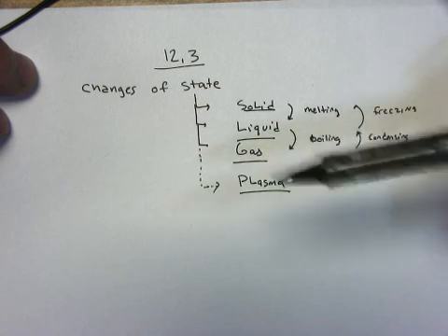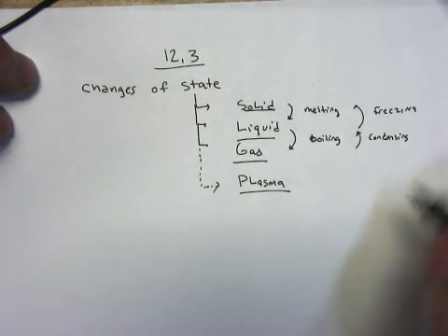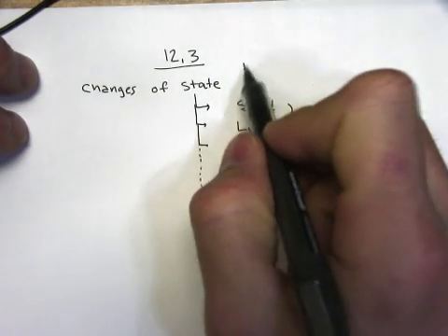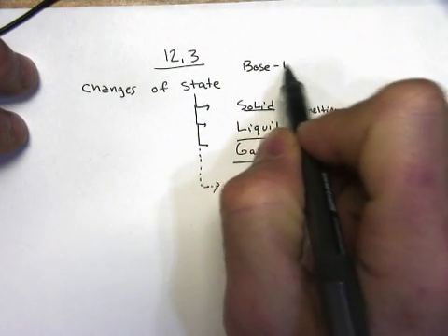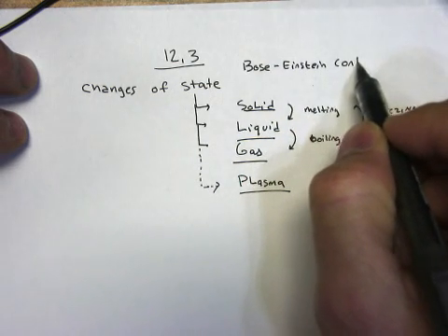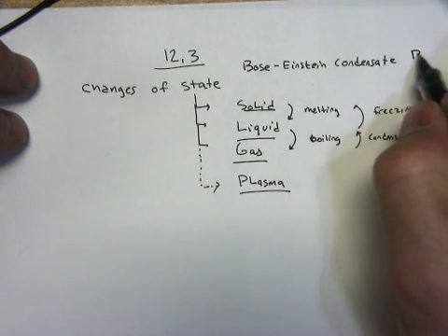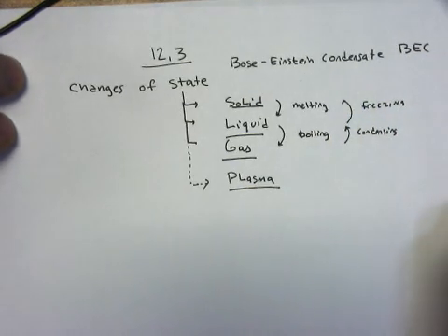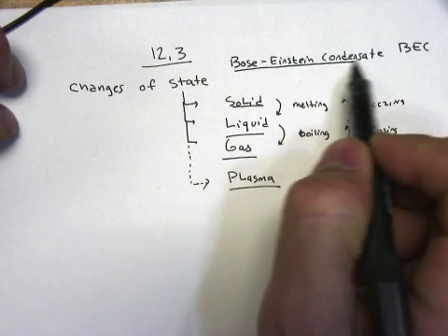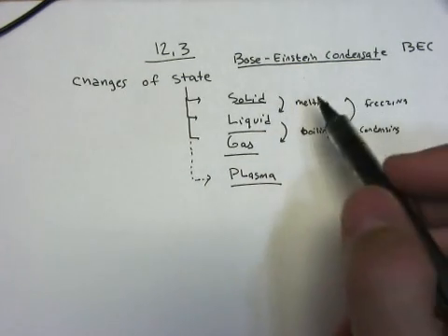And then there's something even colder. So if you cool plasma, you get gas. If you cool gas, you get a liquid. If you cool liquid, you get a solid. If you cool a solid even further, you get something that's called a Bose-Einstein condensate, sometimes abbreviated to BEC. So that's something weird that we talk about in quantum mechanics,